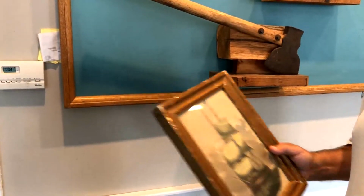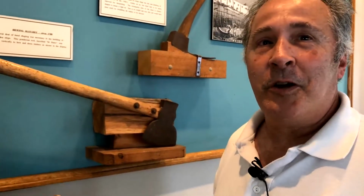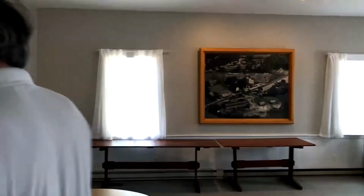Only one whale ship survived, out of maybe a thousand, and all these others, nobody maintained them. The one that survived is in Mystic Seaport now. Yeah. So I did want to show you something here, which is an interesting one, because we're doing the